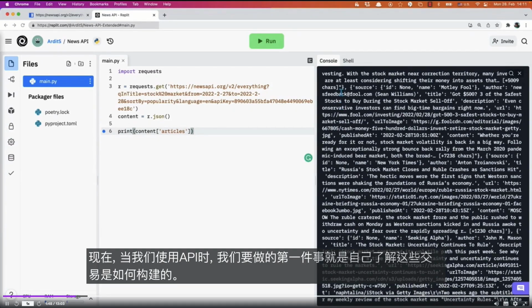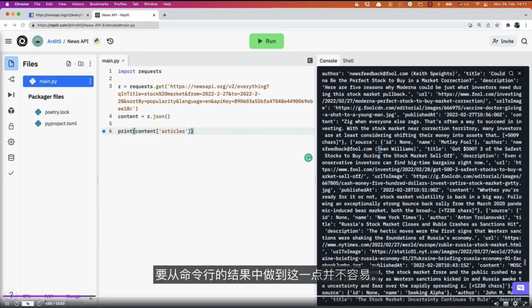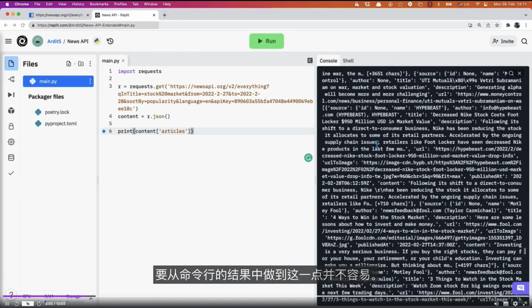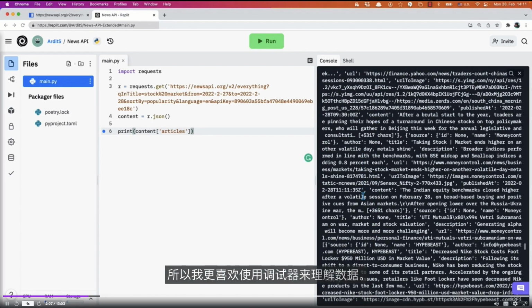Now, the first thing we want to do when we work with APIs is to understand for ourselves how these data are structured. And it's not easy to do that from these results here on the command line. This is just a string, it is badly formatted. So what I prefer to use to understand the data for myself is a debugger.